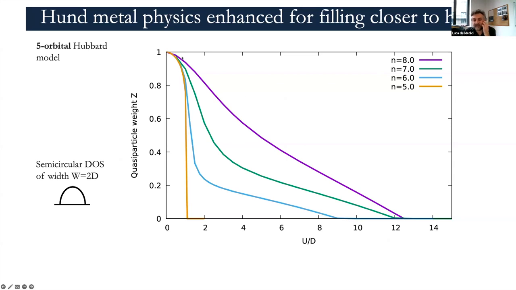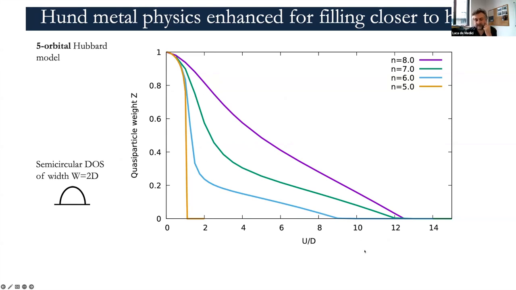And you see that this effect is much less pronounced. So still they have to align when they hop around, but clearly the situation as far as the local multiplets is slightly different. And what you see strikingly is that when you go towards half filling, so 7, 6, towards 5, which is half filling, the effect of the Hund's, typical signature of the Hund's metal, so this plateau, becomes